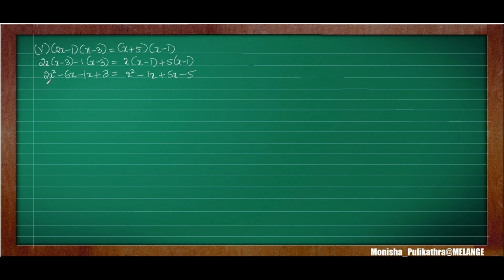Next I will shift all these things. So first we need to do this calculation. Minus into minus is plus. We need to add these two things. So 6x plus 1x is 7x. Larger number sign is minus here. Plus 3 write as it is. x square, minus into plus is minus. So 5x minus 1x is 4x. Larger number sign is plus. Minus 5. Next I will be shifting everything to the left hand side.